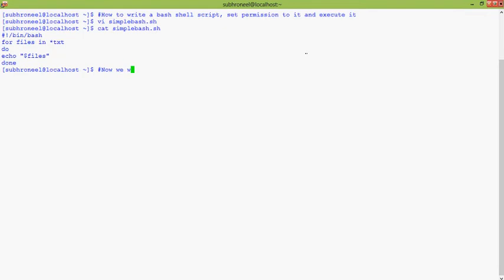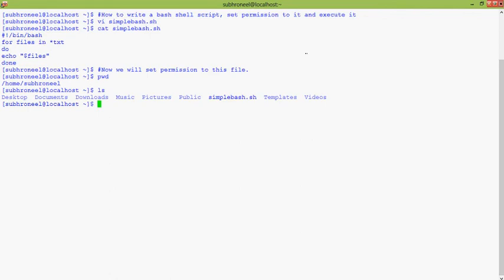Now what we need to do is set permission to the shell script file. For that we have to change to the super user and use the chmod command to set permission to the file. This is our present working directory, and you can see the simple bash.sh file in the working directory.